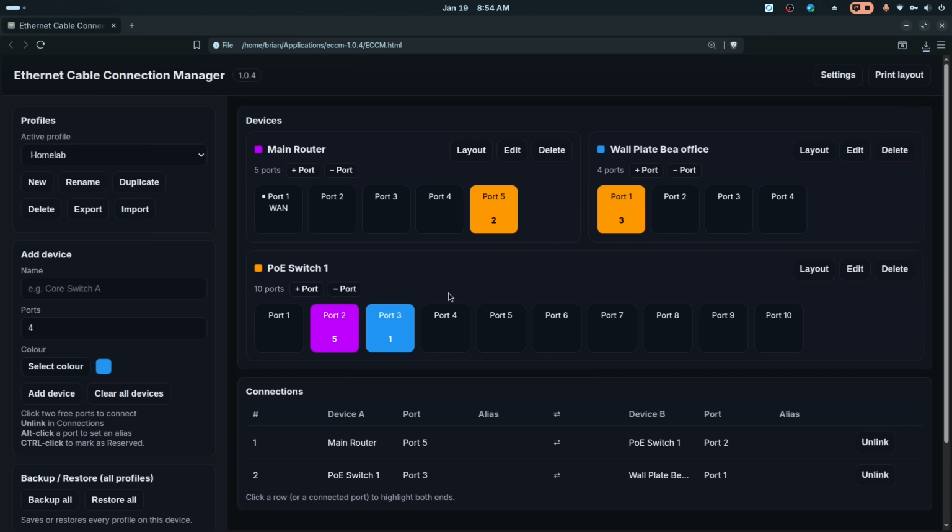And if you think about this, while these 3 devices are in the same room, I have wall plates around the house that are not in the same room. So what happens is, and I'll show you just kind of how my network is set up, and we'll set up a couple more devices here. So we're going to do PoE switch 2, and this is a 10 port thing, and we'll give this another color,